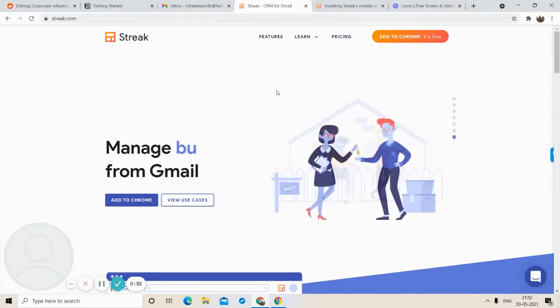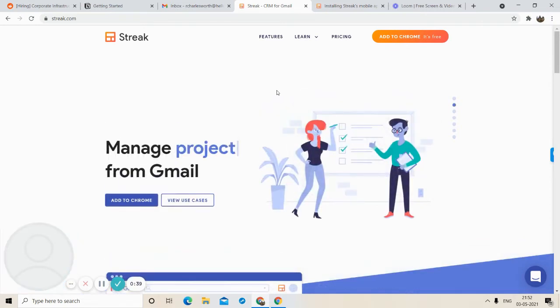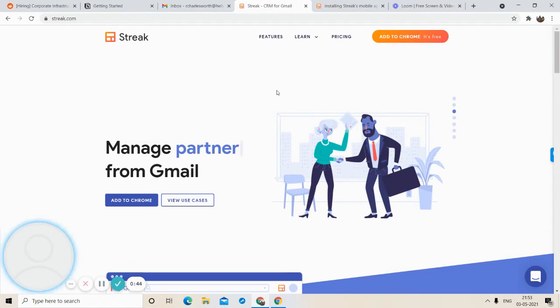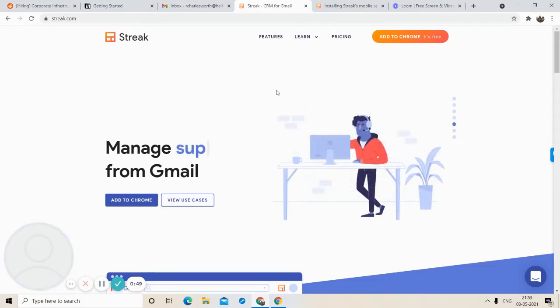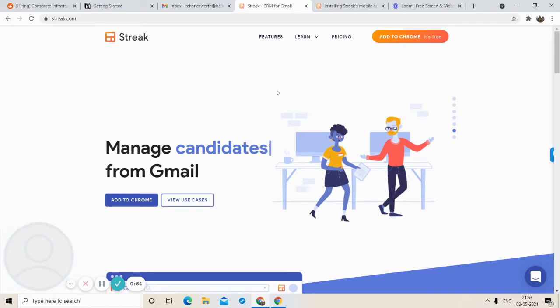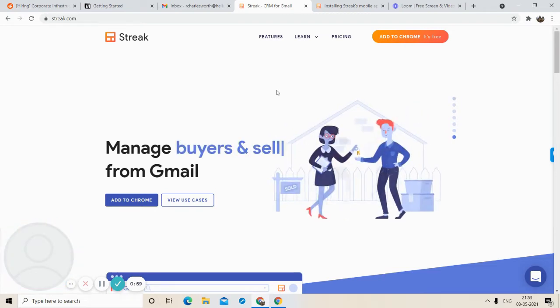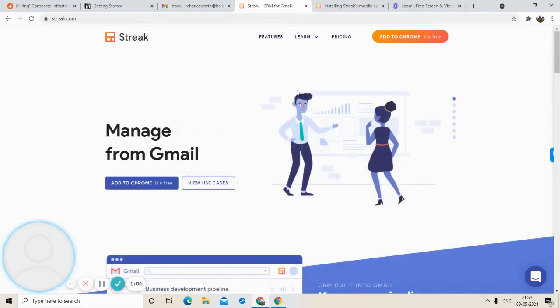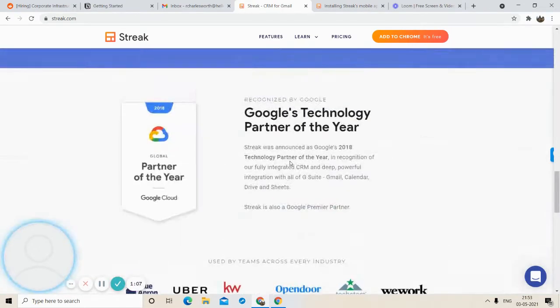Where you can mass email individuals, right? Also you can manage all your emails and track them, to see if they have opened it and whether you want to follow up with them. So you can manage all of that in your Gmail inbox itself. Also you can create pipelines. What a pipeline is, I will explain a bit later. So these are all the functions that really enhance your experience of Gmail. That's what Streak helps you to do.